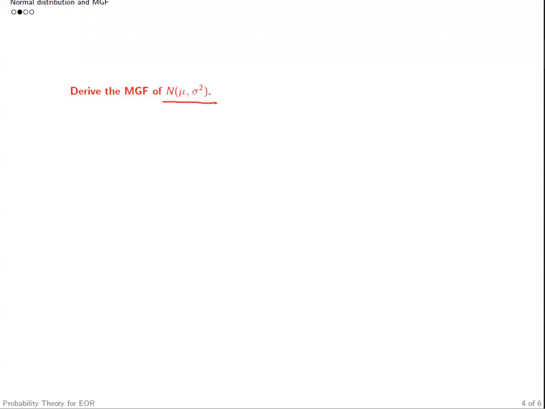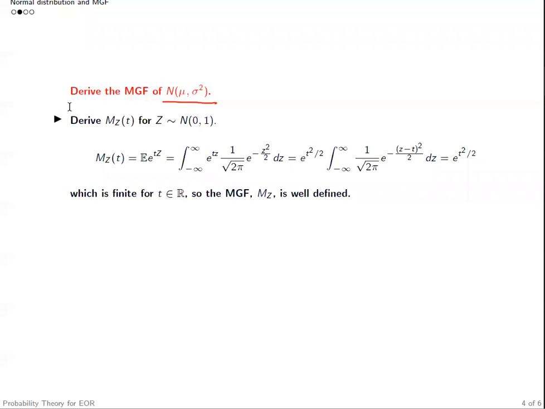You can pause the video at this moment and try to figure out how to derive the moment generating function yourself. Well, let's start with the standard normal distribution with mean 0 and variance 1. Then, based on the definition, we need to look at the expected value of e to the power tZ. According to the law of the unconscious statistician, this expectation